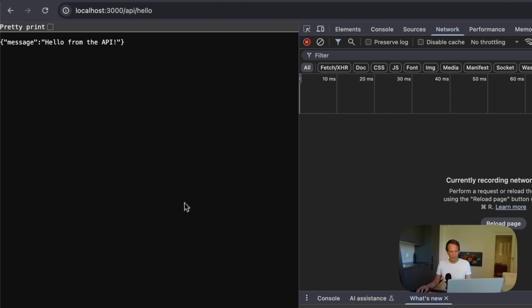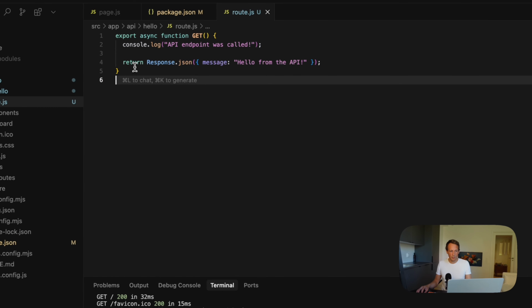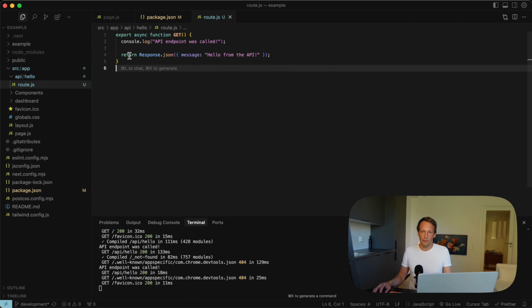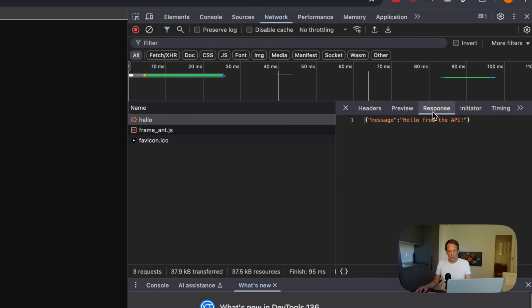And if I open F12 and go to the network tab here and refresh, you can also see it here, right? So basically it's a get request to this request URL, and it's returning a 200. And the reason why it's a 200 is because we didn't define it here. So the default again is a 200, and the response is then this message. So congratulations, you just made your first API endpoint, and we are returning the response object that contains JSON data,